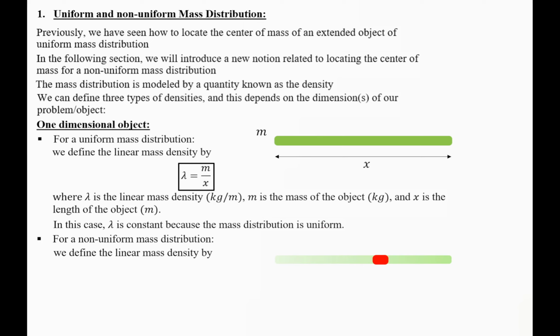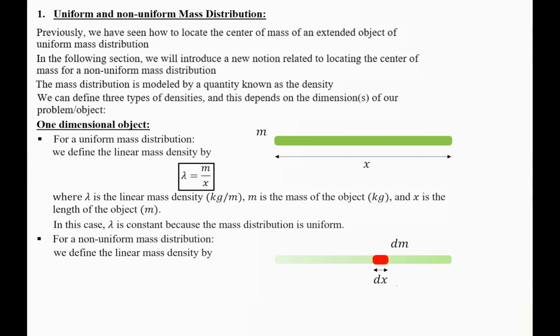Now let's consider a small infinitesimal part of this rod or bar. You can choose it anywhere. In this case I have chosen it in this place. It has a certain mass given by dm. Now dm just indicates that this mass is very small